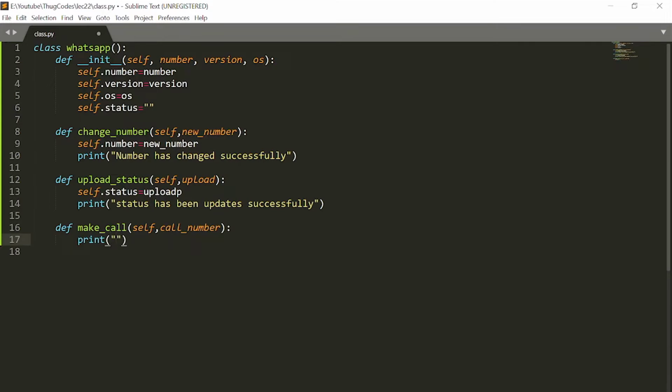Obviously we are not adding the real life implementation here, but we are implementing some methods here for our own class. So print calling,